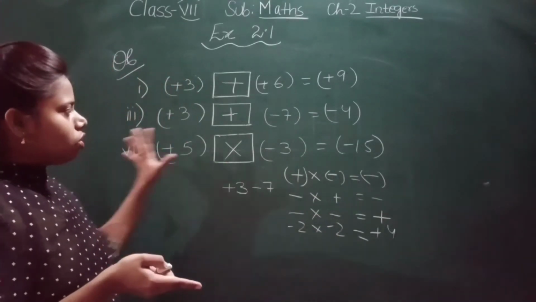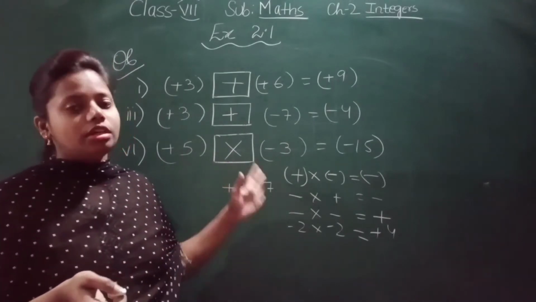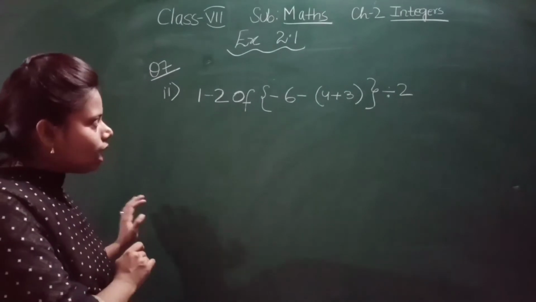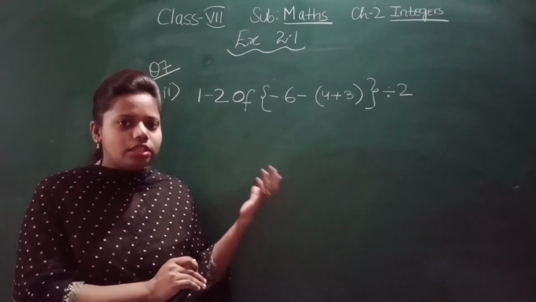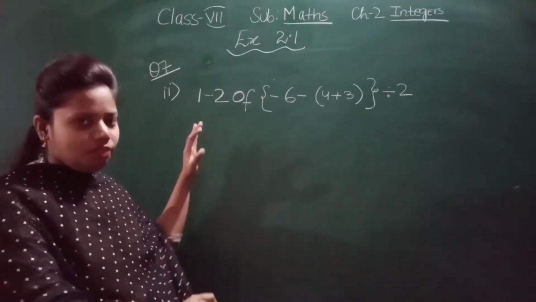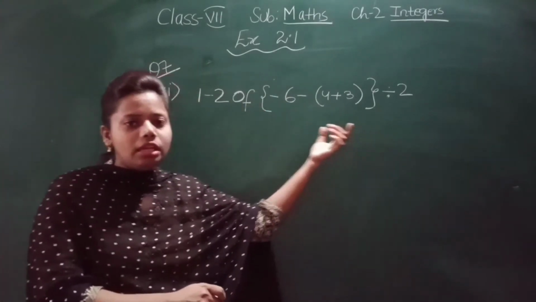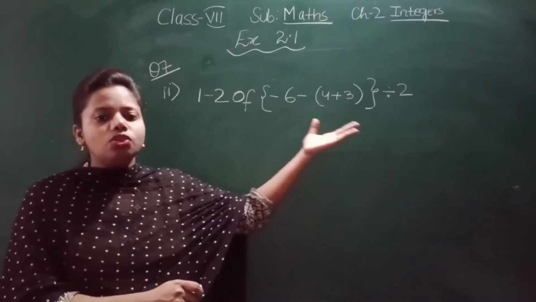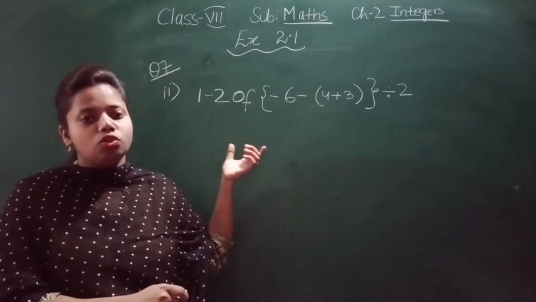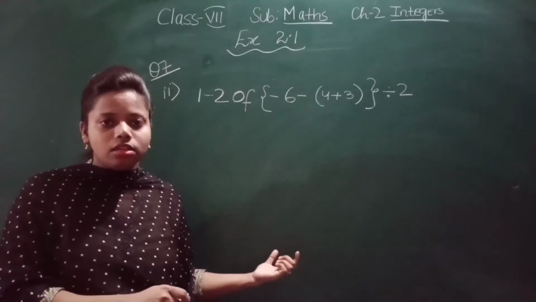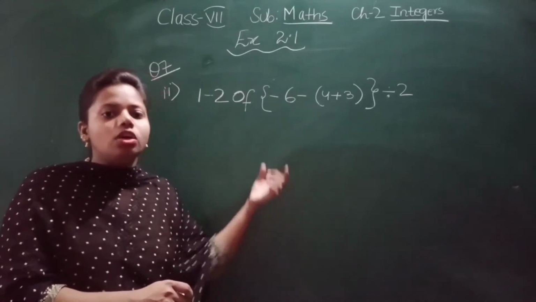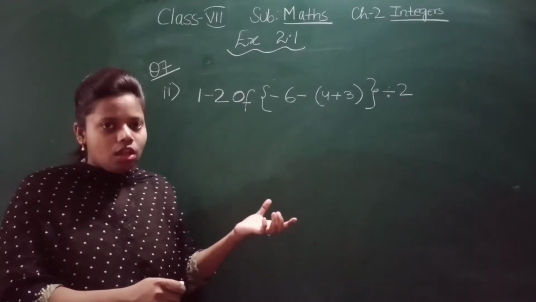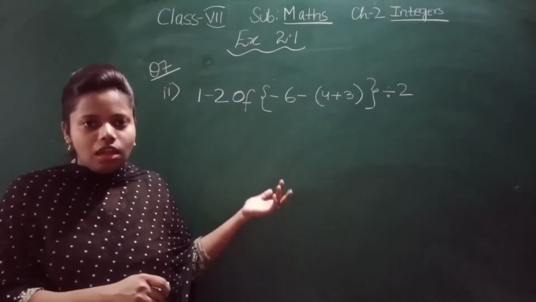So this was about question number 6. Okay, now let us see what is question number 7. Question number 7 is simplification, or you can say simplify. So we are going to simplify this question. You can see so many things are there: divide, multiply, add, subtract. So we are going to solve this. We are going to simplify this and we will get one answer. So how to simplify this? You have already learned this in class 6, I hope so. Those who have forgotten or don't know, see it again.